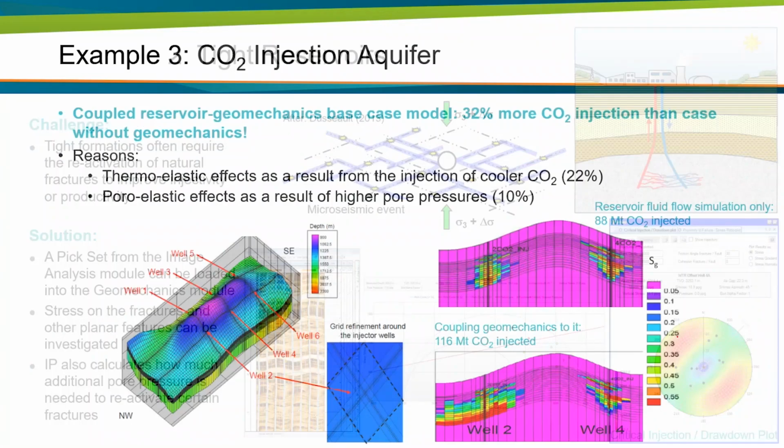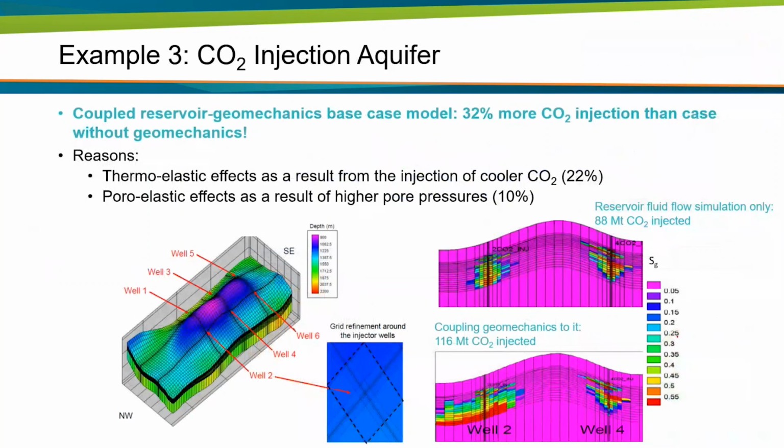Now our third and last example is CO2 injection in an aquifer. And what we are looking at here is a 3D numerical model of an aquifer with 6 CO2 injection wells. And here there is a cross section through wells number 2 and 4. And so these contours are the gas saturation. So whenever it's pink, you have 100% water because it's the aquifer. And here you can see in these colors how the CO2 kind of goes away from the wellbore